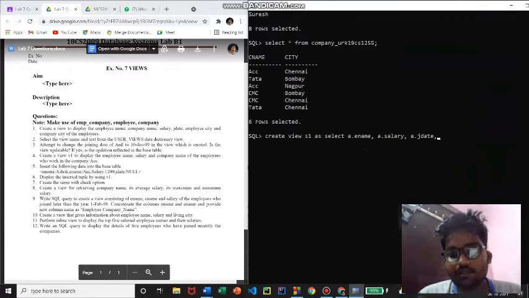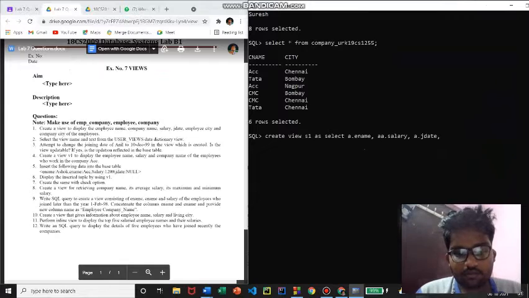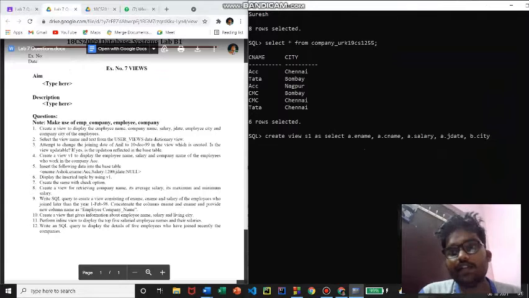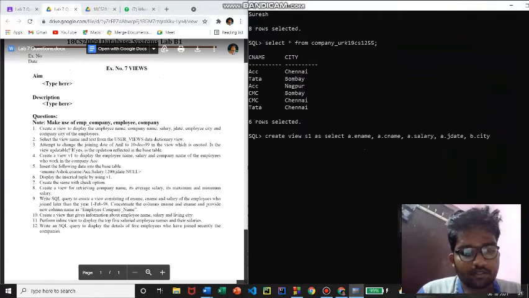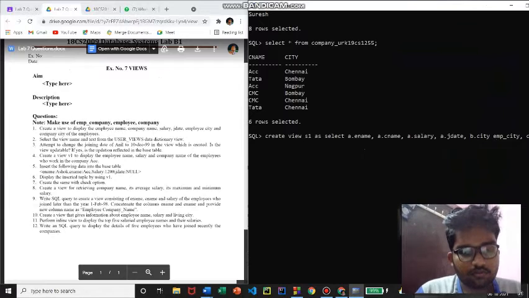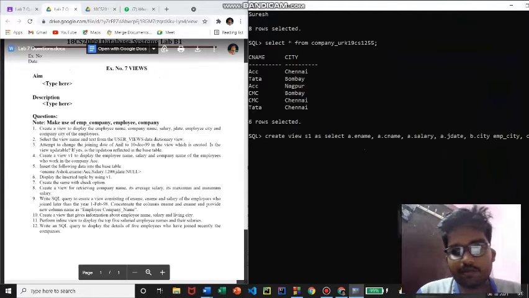And from the second table we just have to select the city, and we'll name that attribute as employee city. This one is employee city, b dot city, and after that let us give c dot city, which happens to be the company city.